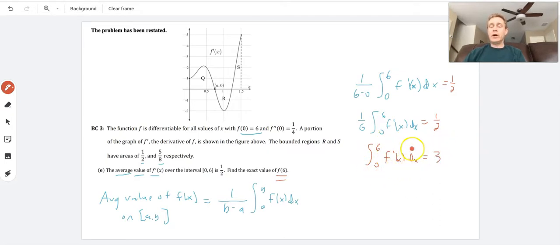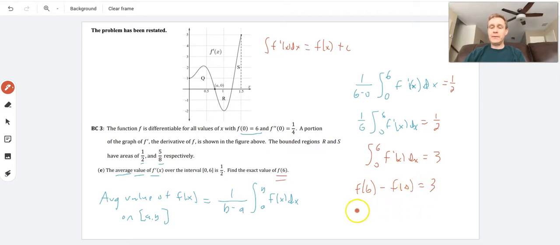And now I'm going to evaluate this definite integral using the fundamental theorem of calculus. The antiderivative of f prime of x should just be f of x plus some constant. With that being our antiderivative, I'm going to plug in the upper limit of integration of 6 first, and then plug in my lower limit of integration of 0 second,